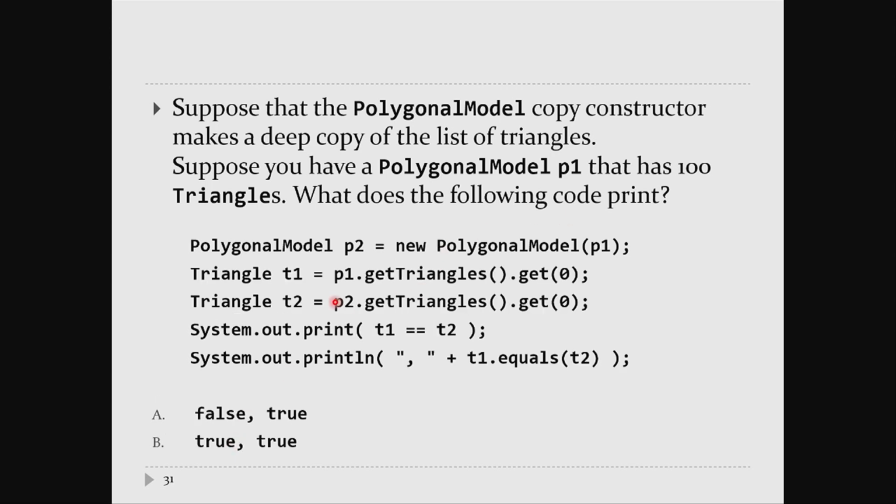Okay, now you run the deep copying copy constructor. P1 has 100 triangles, so P2 is a copy of P1. If you ask P1 for its first triangle and you ask P2 for its first triangle, and then you write T1 equals T2, are they the same object? So are the two triangle objects the same? The answer is false,